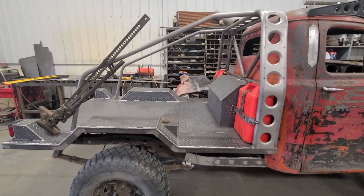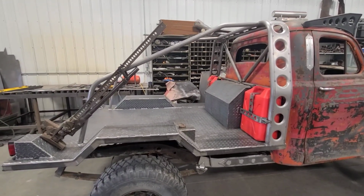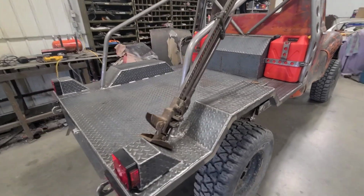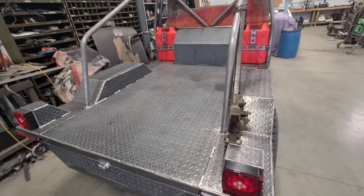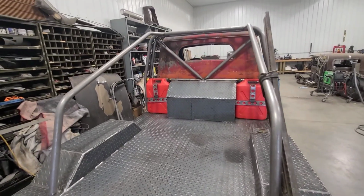We're gonna add some more roll cage tubing here, reinforce this a little better, make this stronger, since we can't actually fit anything on the deck here, like sleds or quads or whatever. It'd be kind of cool if it could, but it didn't work out. These tubes right